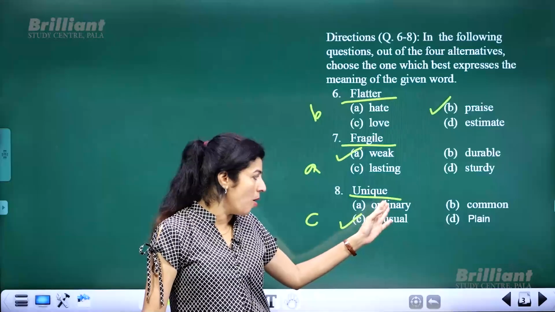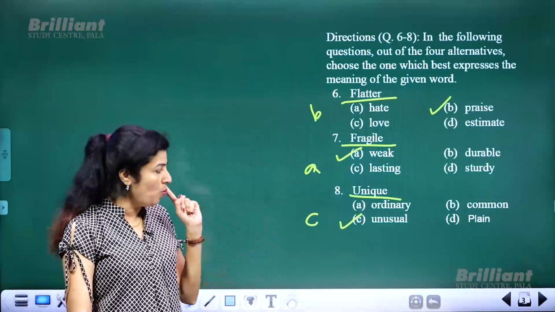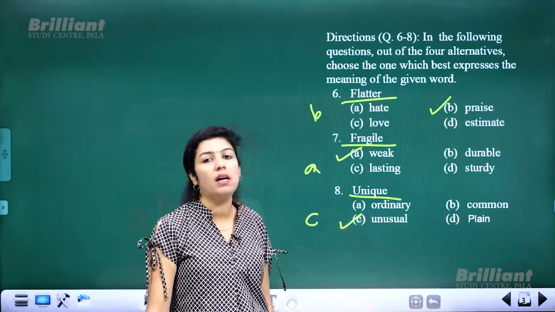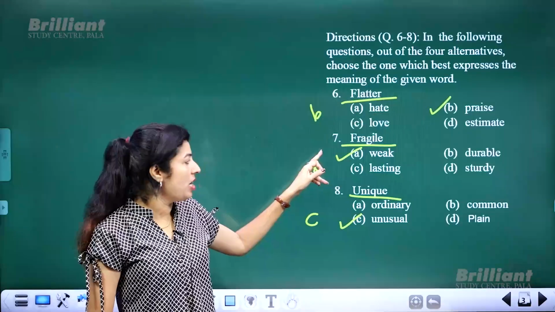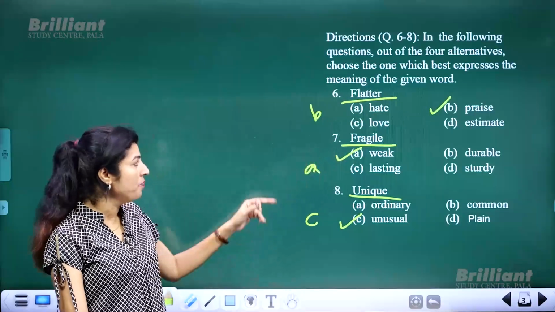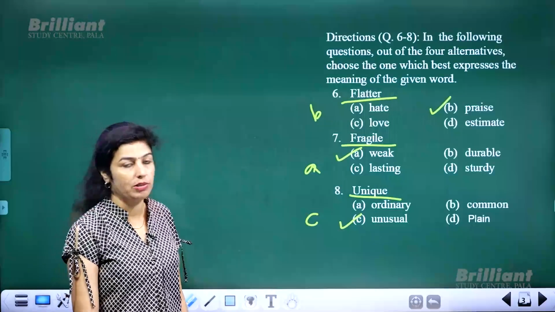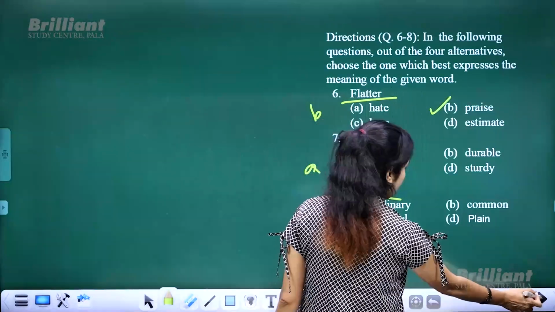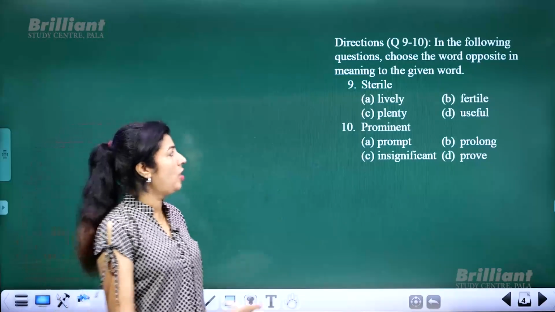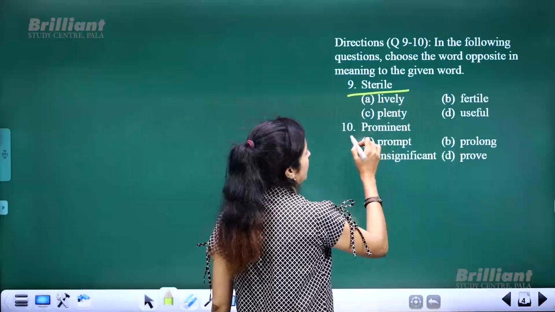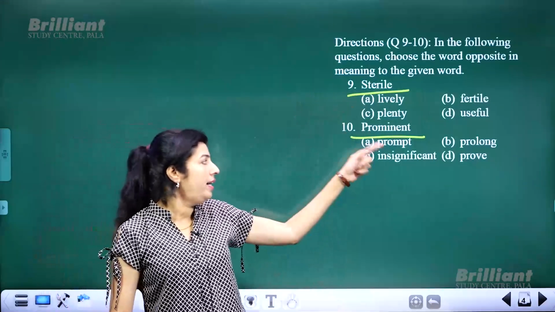Again, this is common, ordinary, plain. These are the antonyms, opposites, and only one synonym is given there, and that is unusual. So flatter, praise; fragile is weak, option number A; B, A, C, and unique is option number C, unusual. Wasn't it simple? Now we need to find antonyms or opposite words for these two words, sterile and